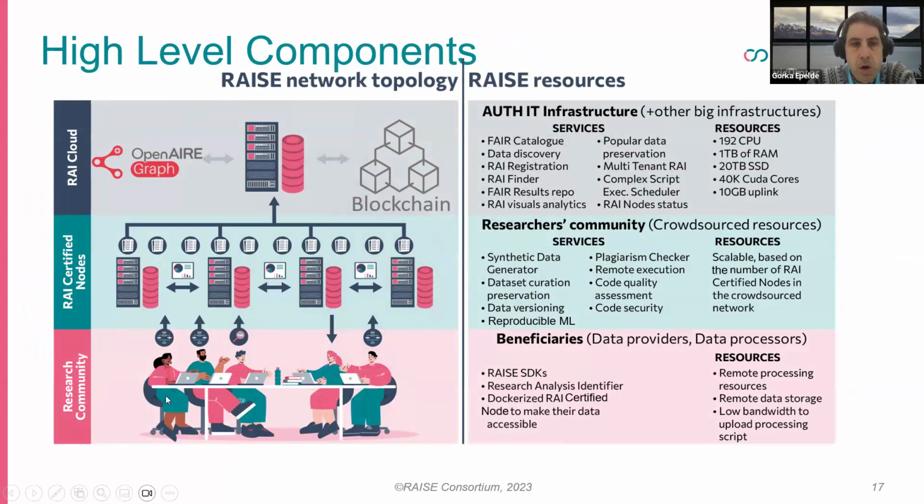So the research community contributes to different nodes the datasets and experiment scripts. So then this information is maintained in a catalog, which stores, as we said, the experiments in the blockchain and also communicates the experiments and the datasets available to the OpenAIRE graph. And let's say that the entry point for a research community is the central hub, and then they